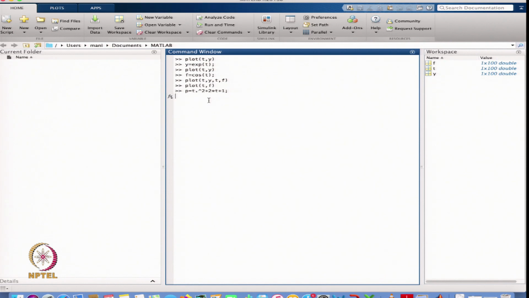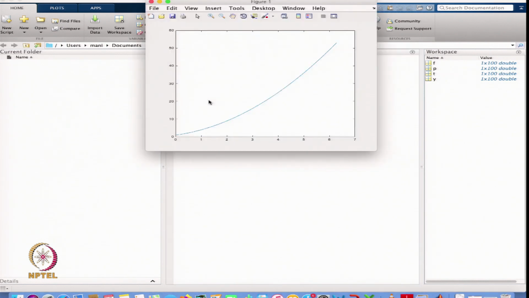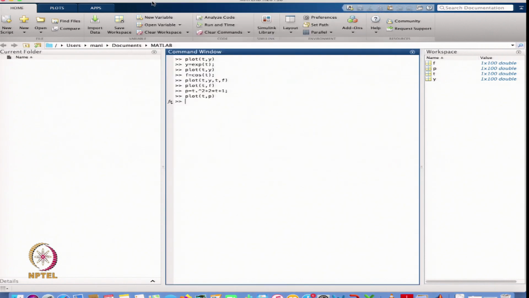So, this is the polynomial I am defining, and then I plot this one, t with p. So, this is the polynomial we are getting. So, you can define lots of functions, whatever function you want to define.